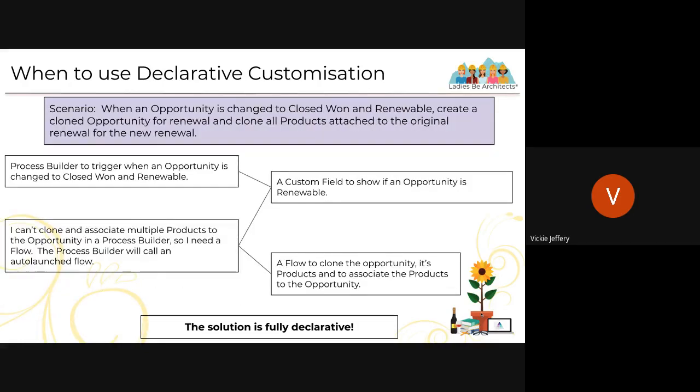Okay, another scenario. So again, when to use declarative customization. In this one, I've got when an opportunity is closed, won, and renewable, create a cloned opportunity for renewal and clone all those products attached to the original renewal for the new renewal. So process builder. I can use a process builder to trigger when the opportunity is changed to closed, won,